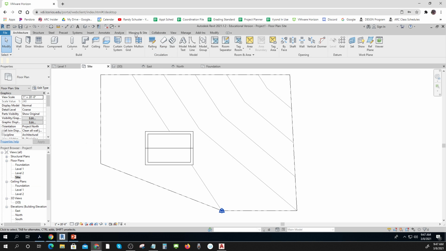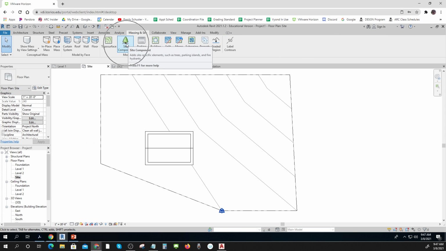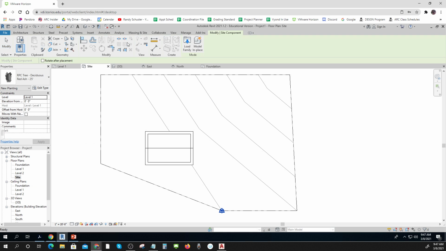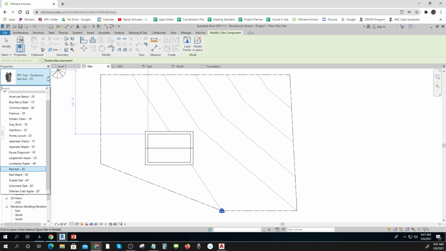I'm just going to place 3 trees, and I don't really care where they go. But those are under this tab, Massing and Site, called Site Component. And here's a whole bunch of trees. And there's a red ash. I think I'm not going to go with an ash. I'm going to go with Japanese maples are really pretty. There's all sorts of things I can put in here. I'll put in